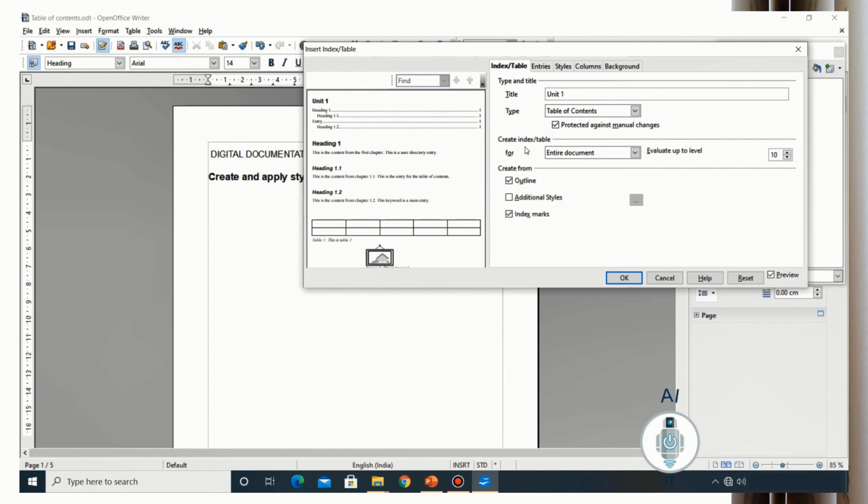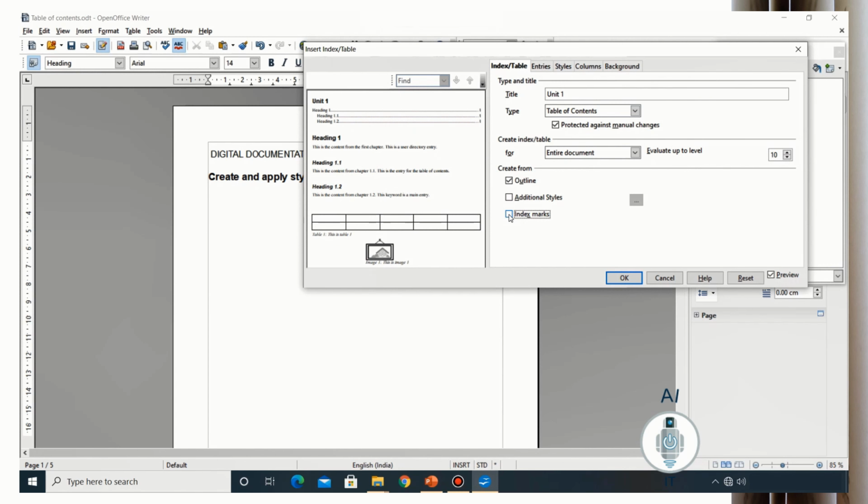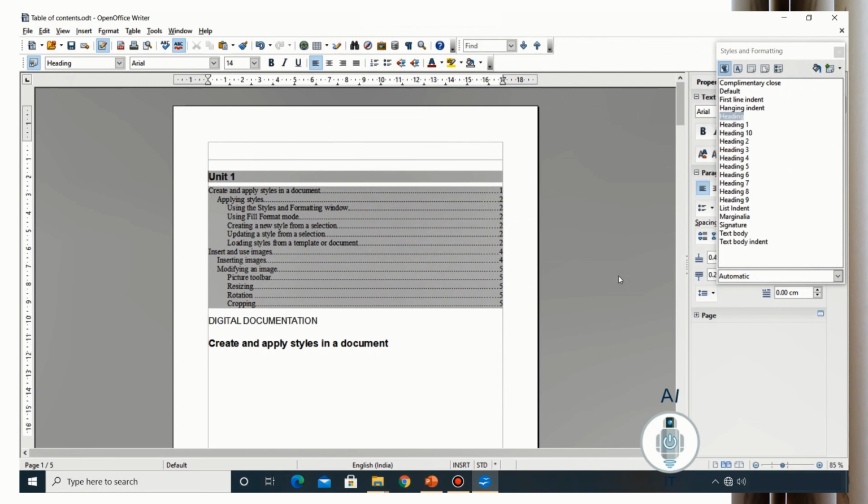I'm giving the title as Unit 1, and it is protected against manual changes. This is for the entire document with headings up to 10 levels. Outline is checked. Index marks I am unchecking so that the basic attributes are set properly, and I am clicking OK.